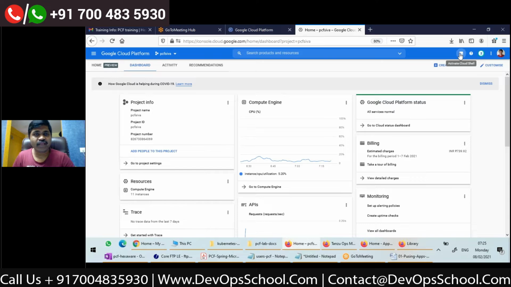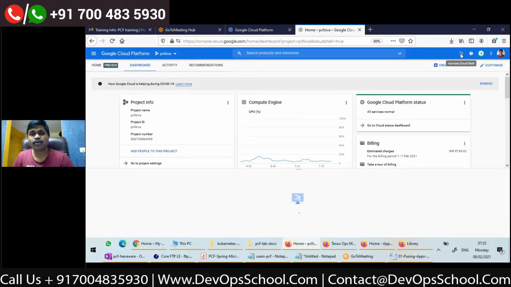Once you're logged in here, there will be an icon called Activate Cloud Shell. This will create a cloud shell, a shell on the cloud. For the first time, it will provision one machine which contains a shell where you can execute some basic commands. It will give you a command prompt.